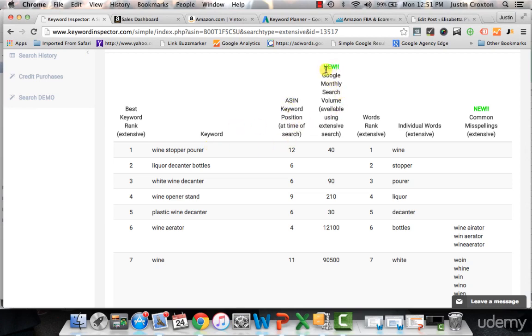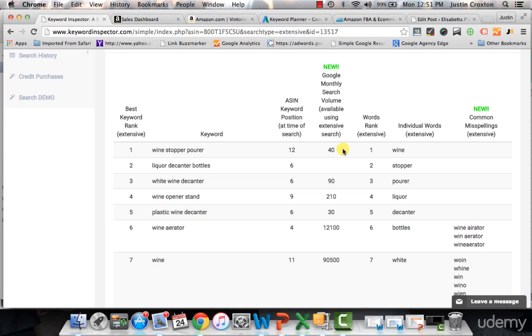I would also, this is the new column that I mentioned where they give you the actual search volume in Google. So let's take this one, for example, wine stopper pour. Even though it's an amazingly good keyword, yes, I would still copy it and use it for my pay-per-click advertising and possibly even a super URL purposes. But I would also look at the Google monthly search volume, and I'd say to myself, this keyword only gets 40 searches a month. So you really have to find a nice balance between the total number of searches versus the